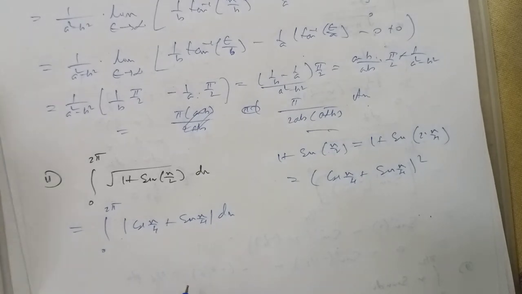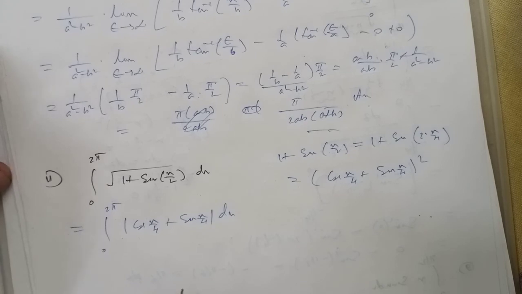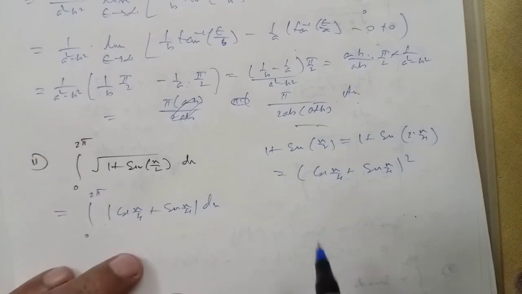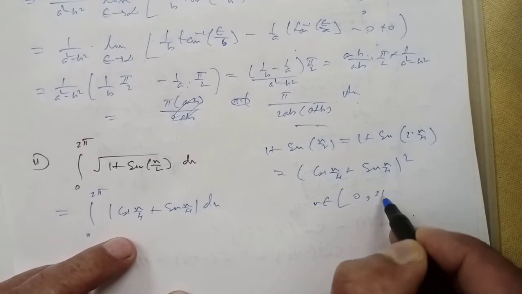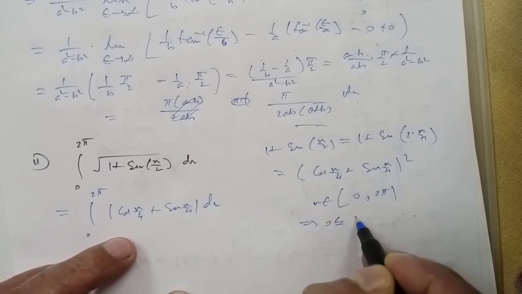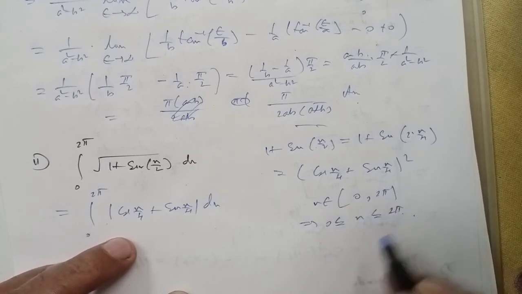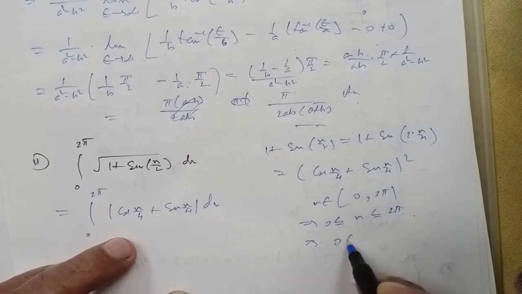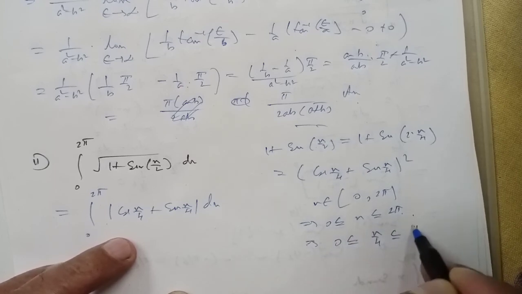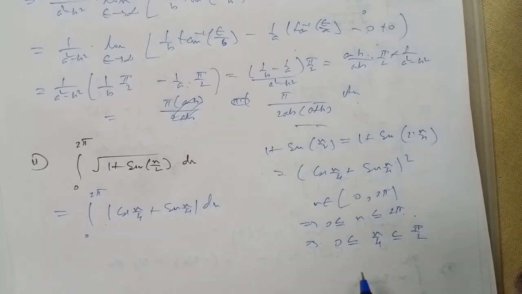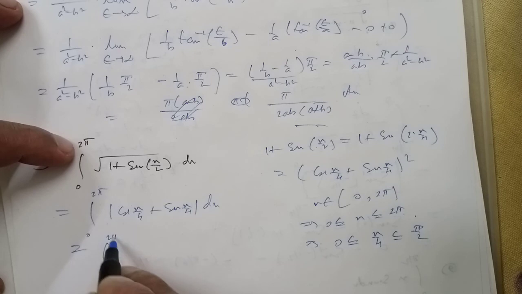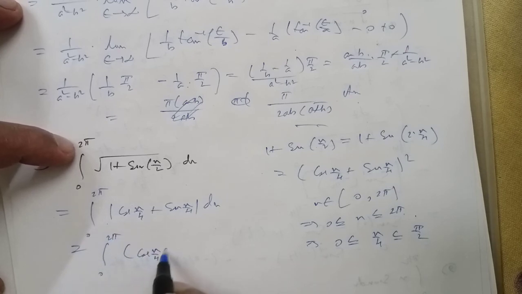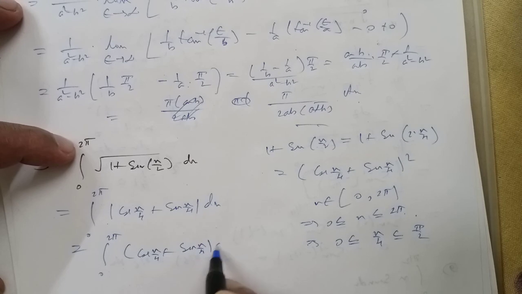Now we can solve it in this way. Look, here x belongs to the interval of integration 0 to 2 pi. That means 0 is less than or equal to x is less than or equal to 2 pi. So if we divide by 4, you get x by 4 between 0 and pi by 2. As x by 4 lies in the interval 0 to pi by 2, both are positive, so their sum is positive. So ultimately you will get 0 to 2 pi cos of x by 4 plus sine of x by 4 dx.